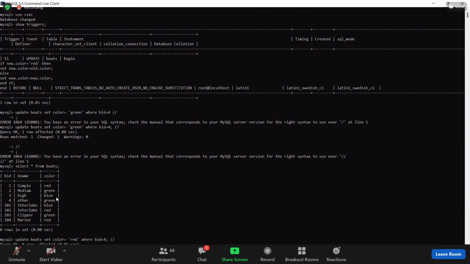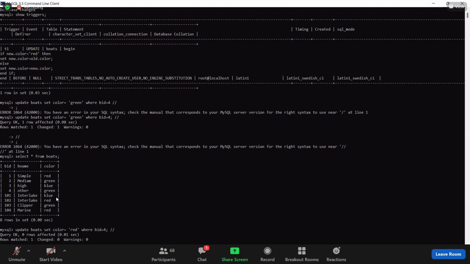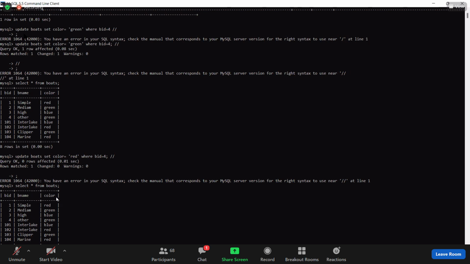Query executed successfully. Okay. Now we'll see. Your boat's name 4 color is not changed from green to red.